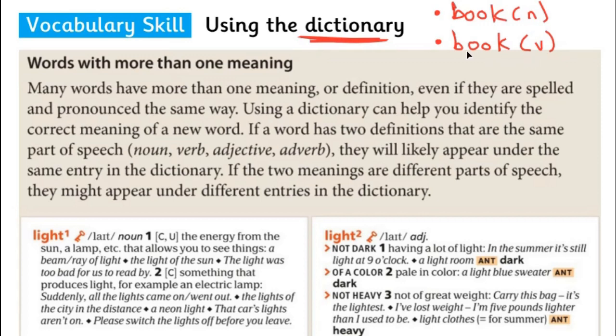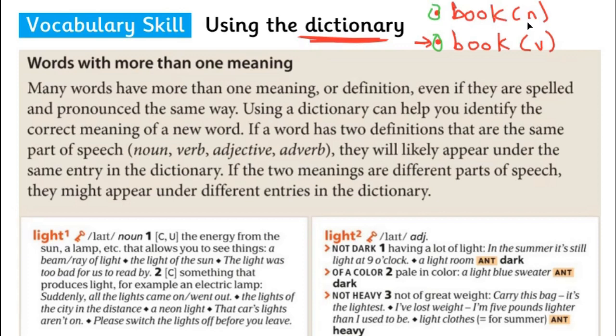So, for example, I can say, I want to travel to another city. I need somewhere to stay. So I book a room in a hotel. I book a hotel room. So it's a different meaning, the same spelling, the same pronunciation as book, textbook, reading book, but it has a different meaning. So when you look for the meanings of these words, book and book, in the dictionary,